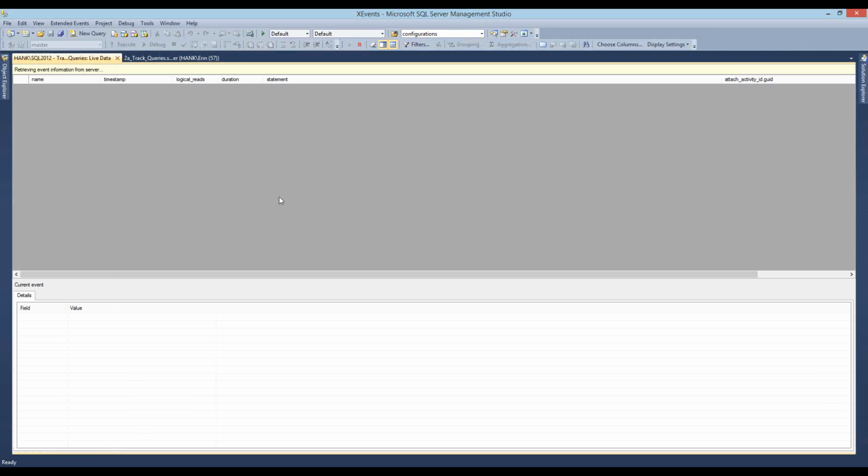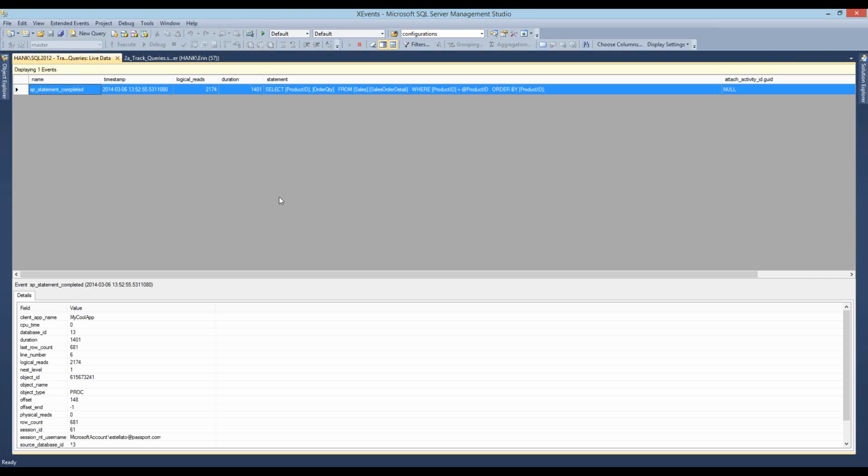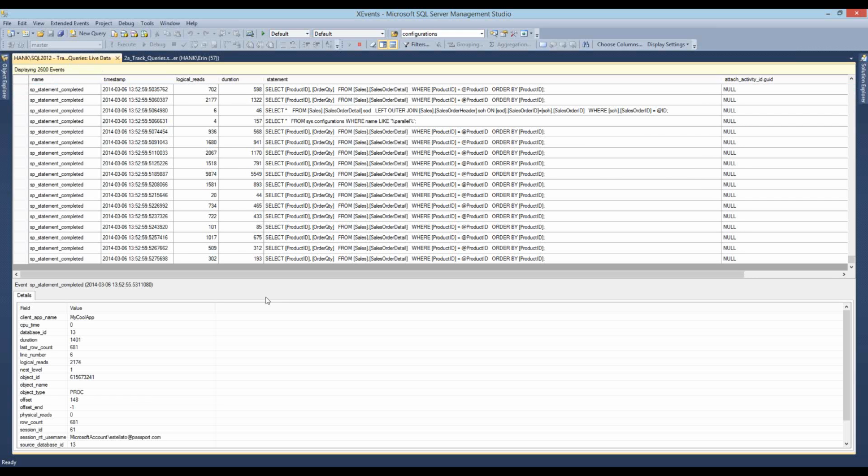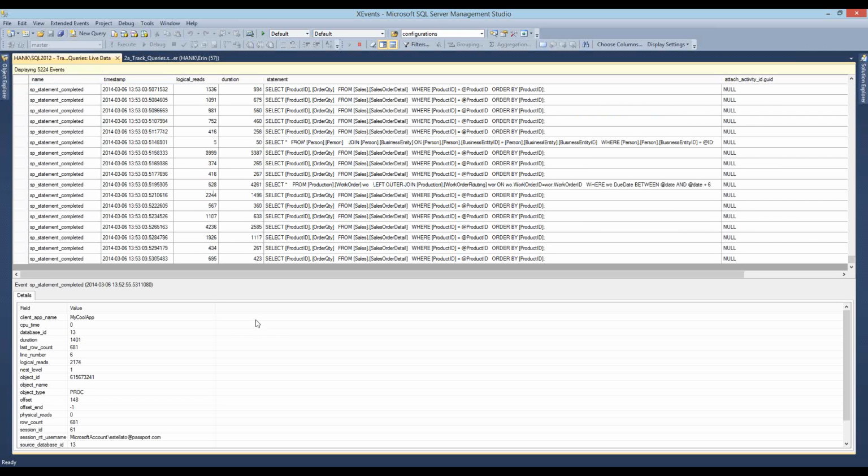So this isn't going to work quite the same way as Profiler did. Right? I'm writing out to a file and it's writing to memory, but I can also have the data come into this window here and watch it live. And now those of you that know about the performance impact of Profiler, you might start thinking, well, wait, is this a bad thing to do? This is okay because SQL Server has a built-in mechanism to actually stop the live feed if it does impact performance. And there's a maximum number of rows that it will show in this view.